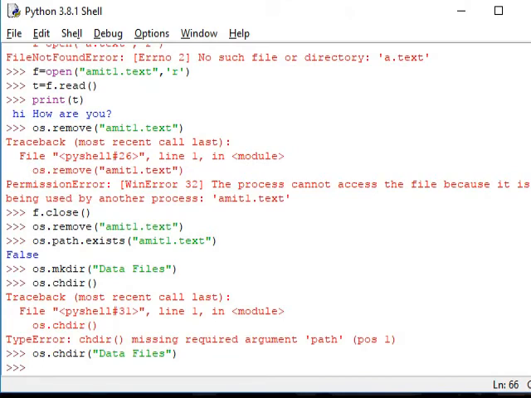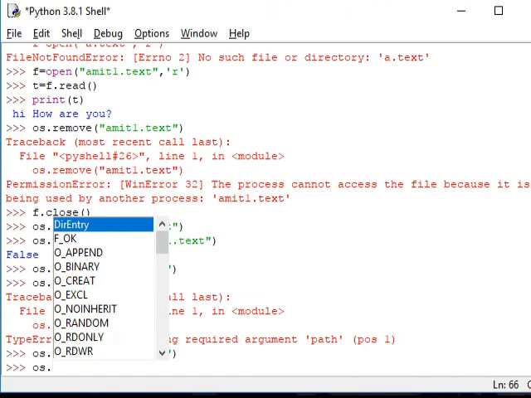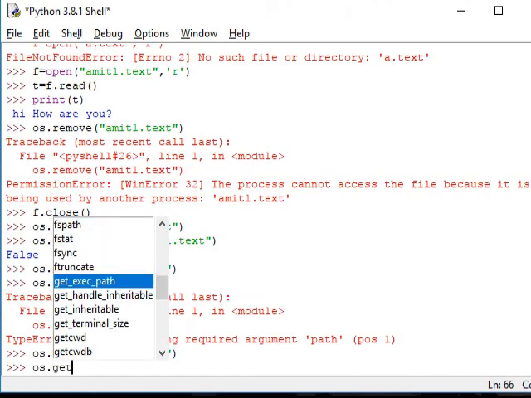Now let us see whether our directory has been formed or not. We need to see the path, right? Let us check the path. I need to get the current working directory, and this should be saved somewhere, right?